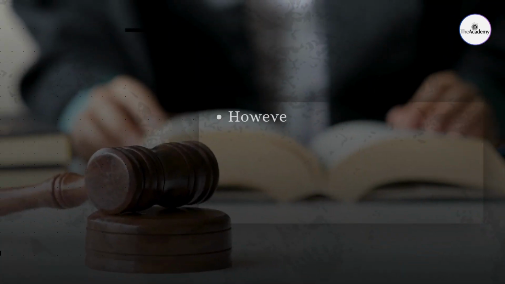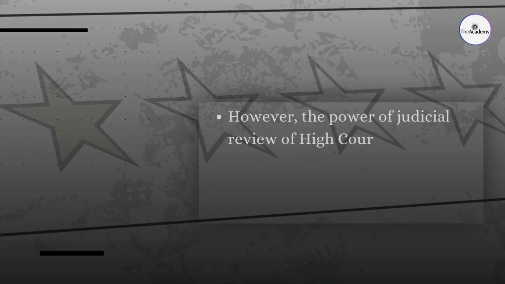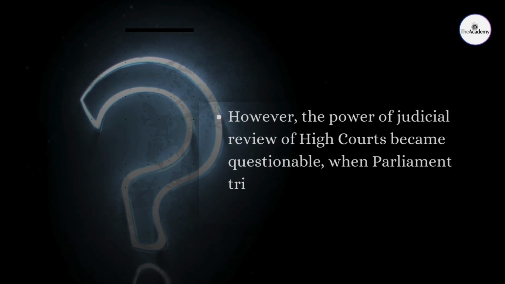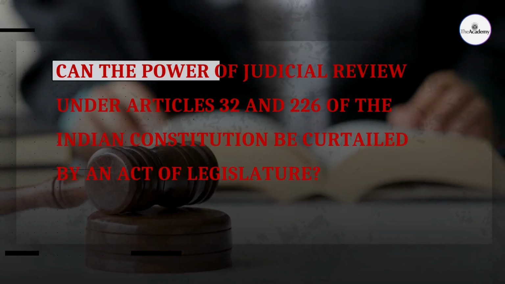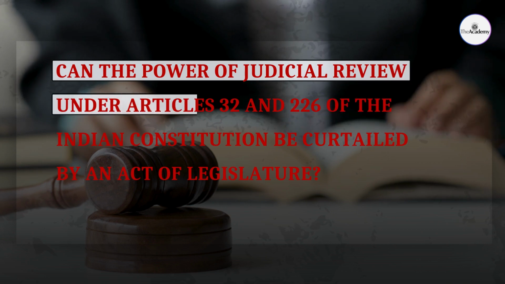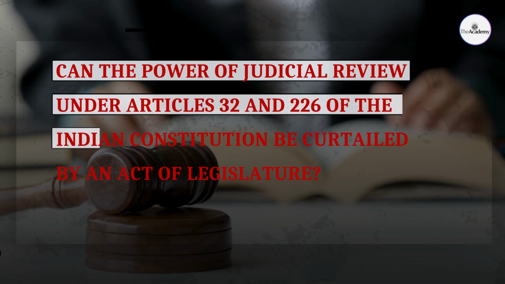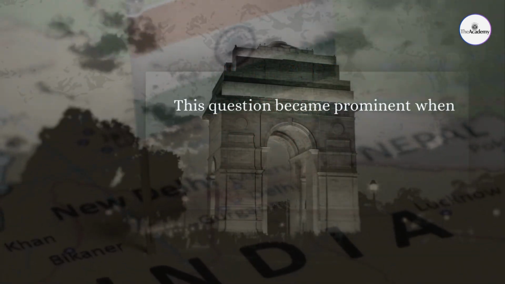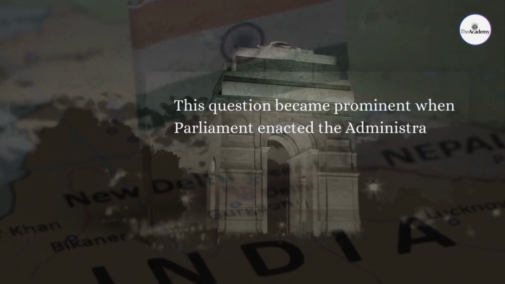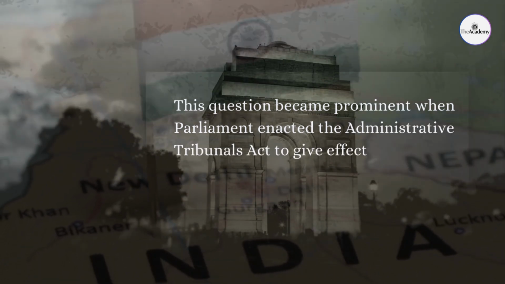However, the power of judicial review of High Courts became questionable when Parliament tried to give that role to tribunals. Can the power of judicial review under Articles 32 and 226 of the Indian Constitution be curtailed by an act of legislature? This question became prominent when Parliament enacted the Administrative Tribunals Act to give effect to the law under